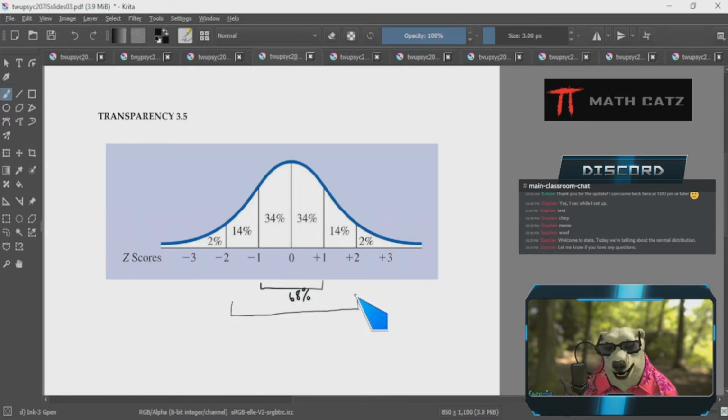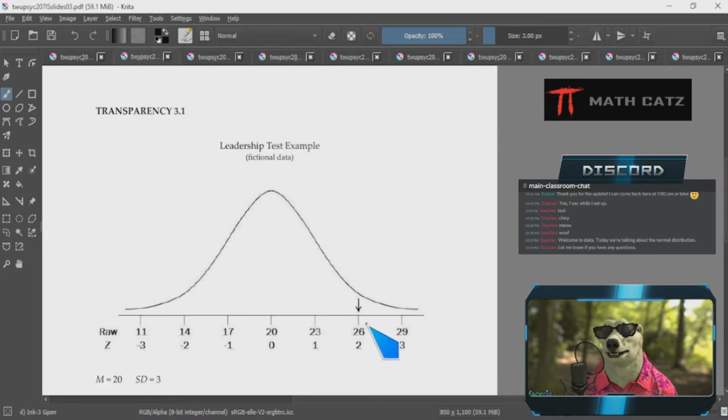If we add these further steps, we get approximately 96. Now, it's not exactly 96, but these are just convenient numbers, throwing away the decimals, to give me an idea of the sizes of these areas. And then, of course, if I look at everyone, then I'll get 100%, of course, right? Okay, so let's go back to our example, leadership example, and see how do we now calculate this a specific